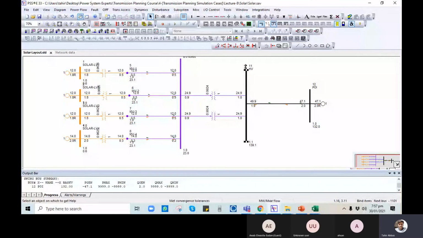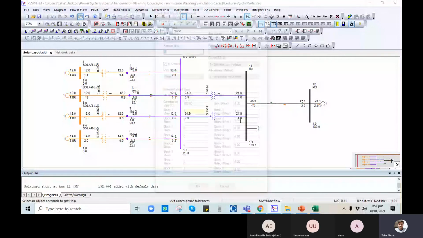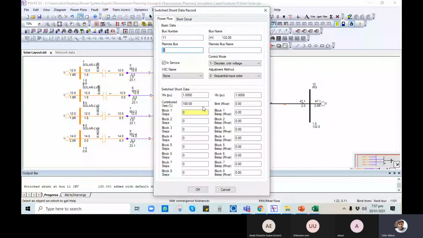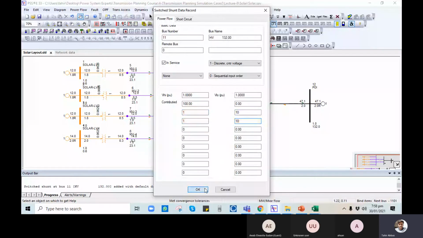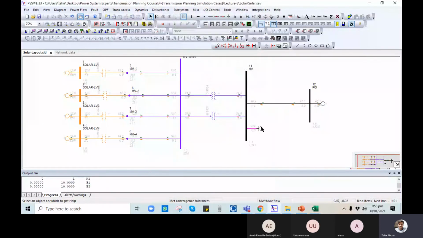This is due to flexibility and stability requirements. However, we are adding a switched shunt, so you can look at the model also. Here we are modeling one block step of basically 1, and then this should be 1, and this should be 10, and this should be 10. So it means a 20 megawatt block. So here you can see that